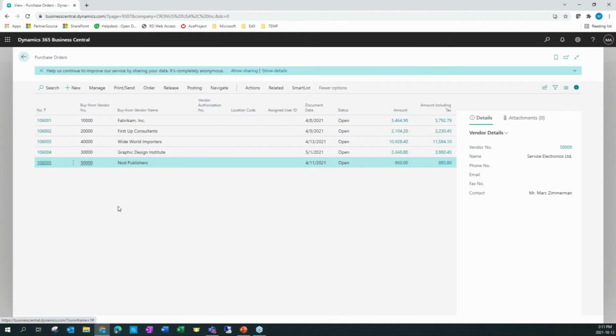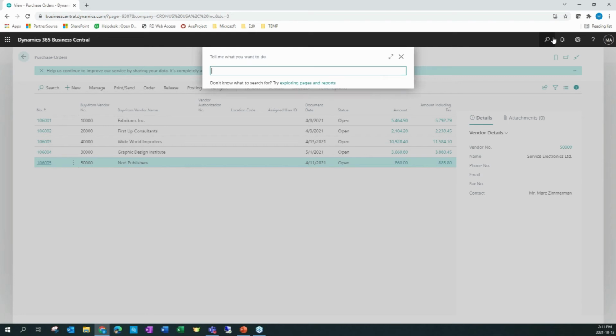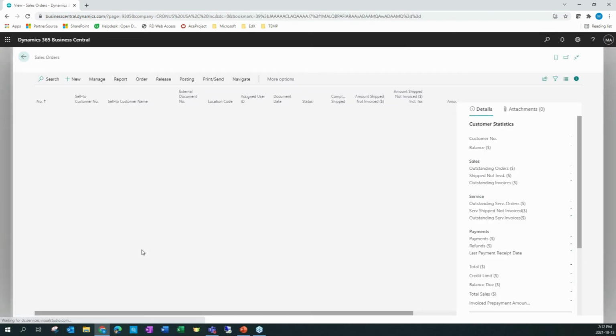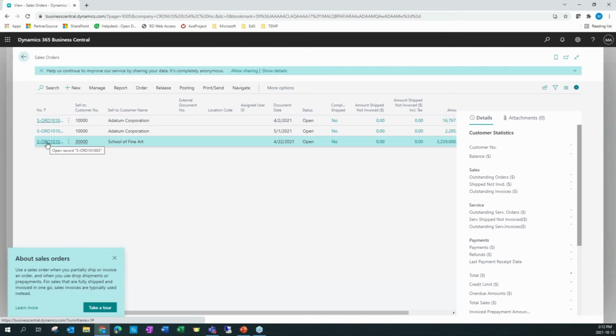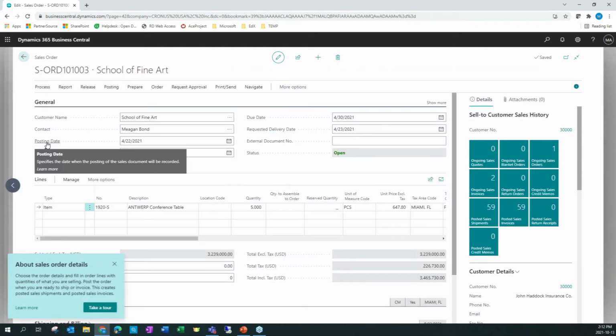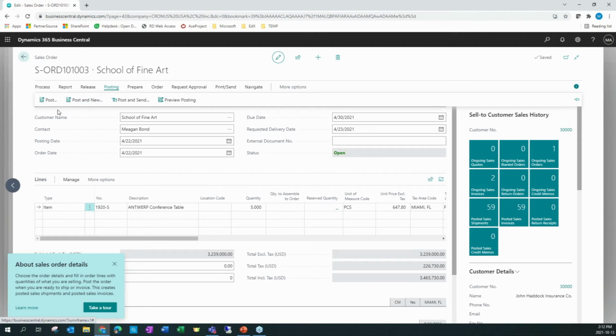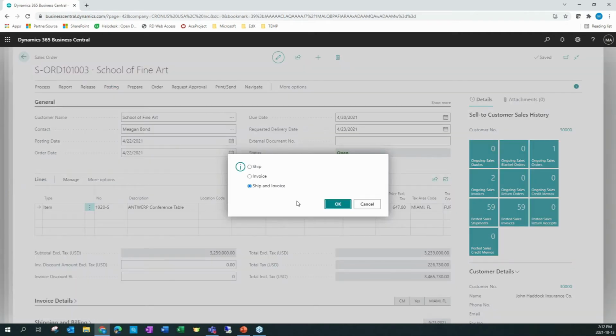We also have improved posting errors and warning messages. I'm going to switch to the sales order here. Here I have an order I want to ship with a 5,000 quantity that is more than what I have in stock currently. So I expect an error when I'm going to post because I prepared it in advance. But if you were to post it without knowing you have an error,